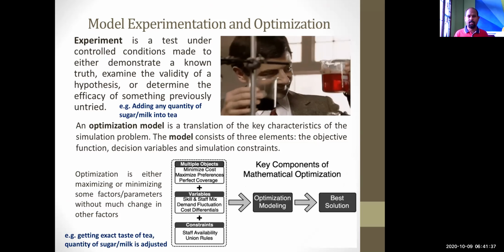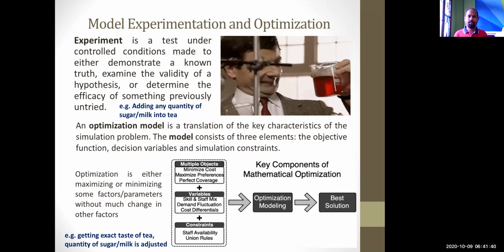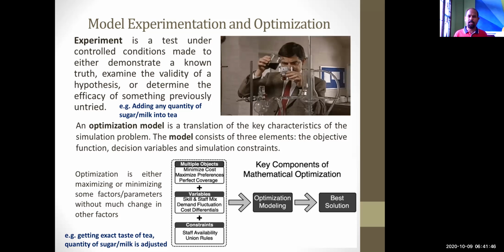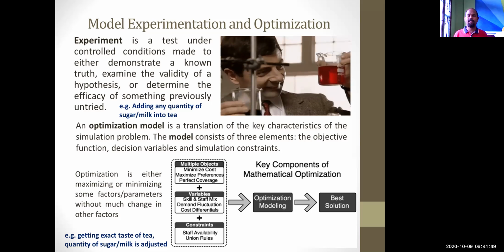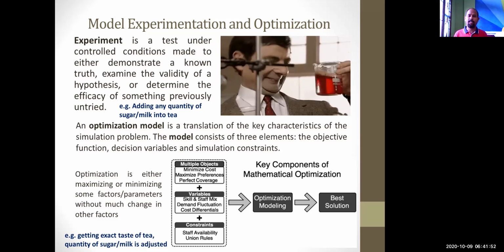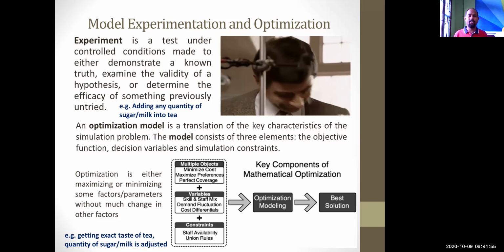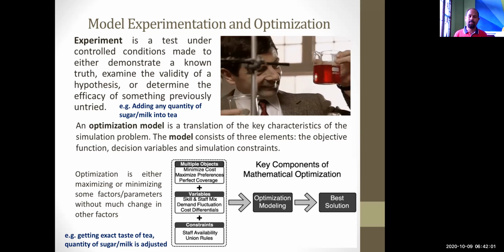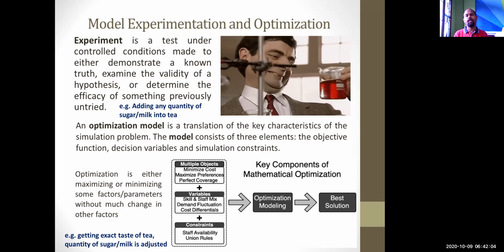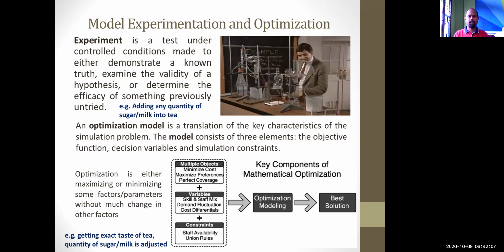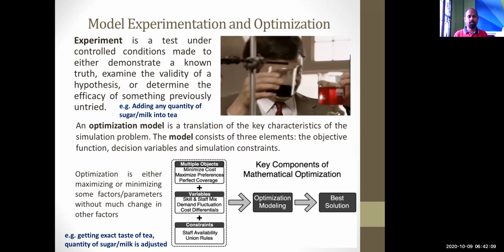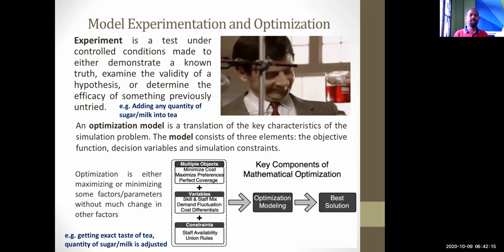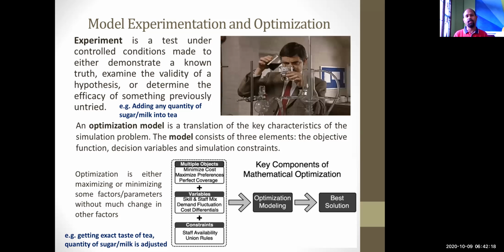Then model experimentation, the steps. This is model experimentation and optimization. An experiment is a test under controlled conditions made to either demonstrate a known truth, examine the validity of a hypothesis, or determine the efficacy of something previously untried. As an example, we can consider a solution of sugar and water, or the preparation of tea. Adding any quantity of sugar or milk into tea without